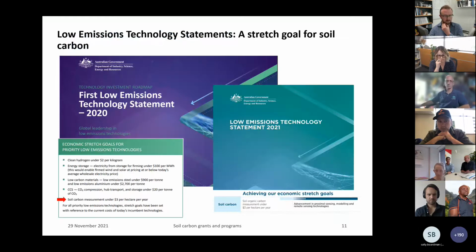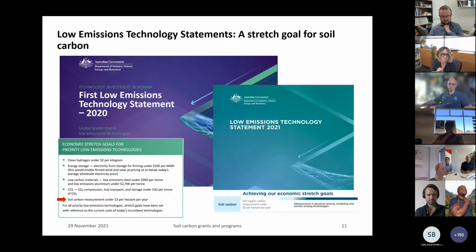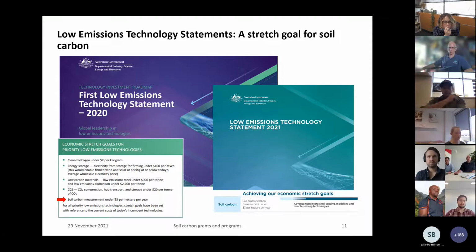There we go. So we're talking about measurement, and so we know that industry's reported that the cost of measuring soil carbon abatement is the most important barrier to uptake of projects. And so to address the cost of measurement, the government set a stretch goal of reducing soil carbon measurement to $3 per hectare per year. That stretch goal was in the government's first low emissions technology statement at the release in September last year, and it was also